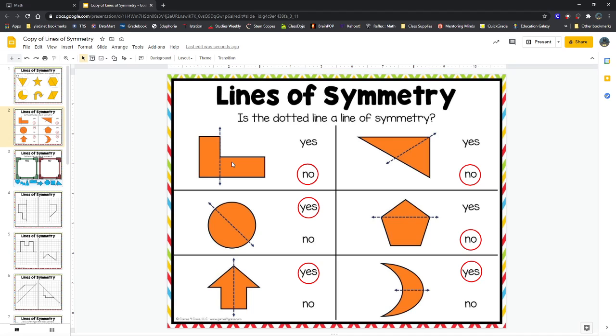They were both the same shape, but not the same size. The pentagon, the sides wouldn't be the same size or the same shape. They'd be very, very different sides. The circle, the arrow, and the moon all had correct lines of symmetry because both sides would be the same size and the same